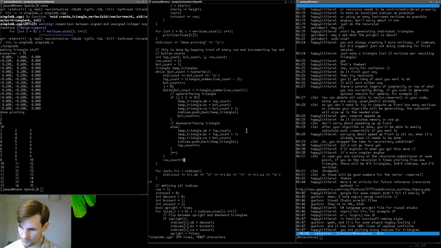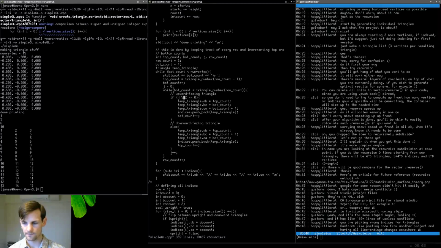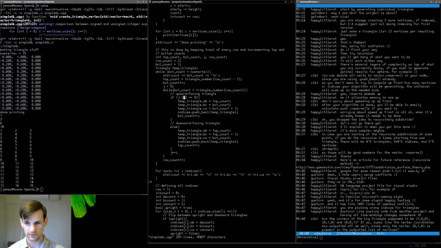I missed something. You're picking wrong indices for triangles? Yep, I'm just now noticing. Okay, so we're gonna say top count, j equals 0, row count plus plus. On the one hand, we are kind of going through everything, so we're getting there. It's just not quite right, so we're gonna say top count is gonna be equal to triangle number of row count minus 1. So row count's equal to 2, so that means that's gonna be equal to,